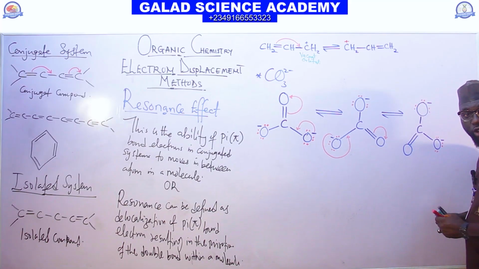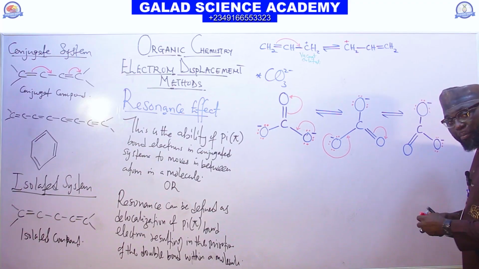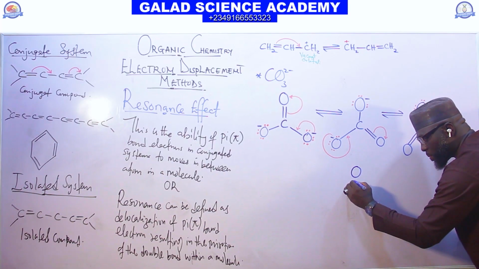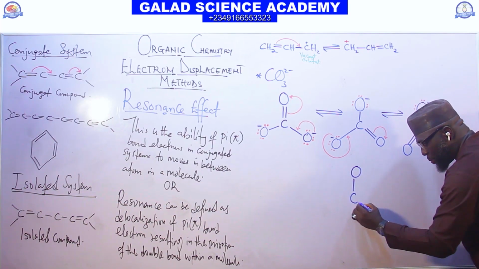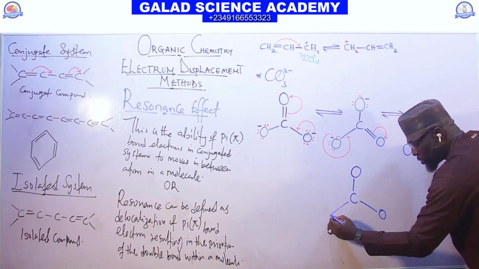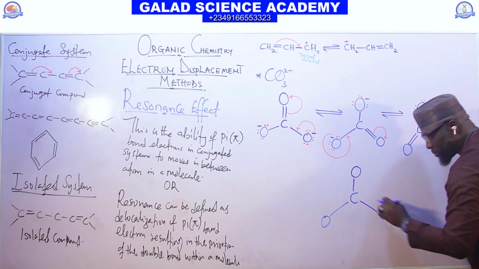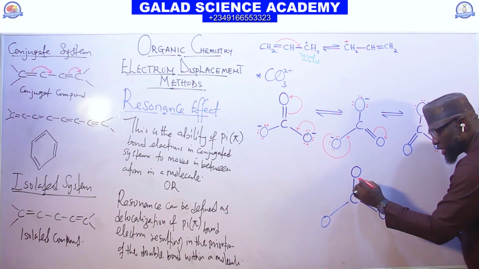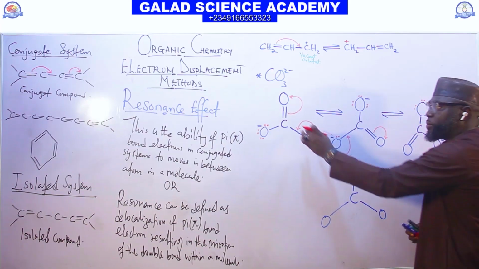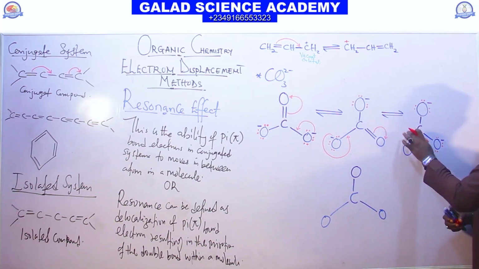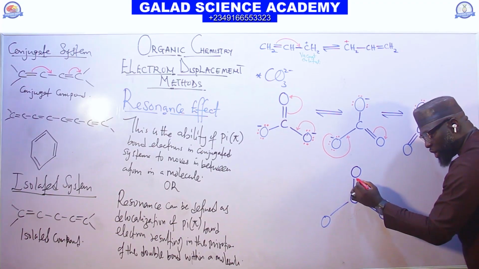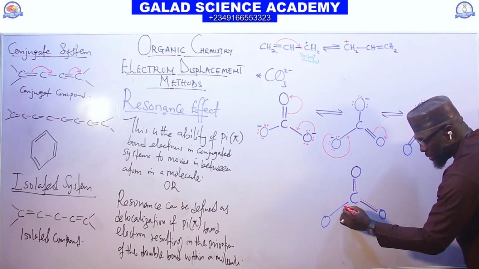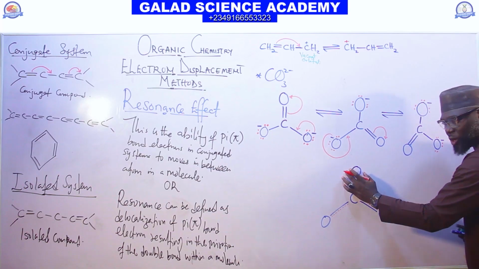The real structure of CO3 is in hybrid orbital form, which is in this form. We have O single bond carbon, O single bond carbon, O single bond carbon. If you have it in this form, you will put the double bond here. The double bond that was here has shifted to this side, and it has shifted to this side. But here now, they are not double bonds, so you now put a broken line, a broken line, then a broken line. This tells us that